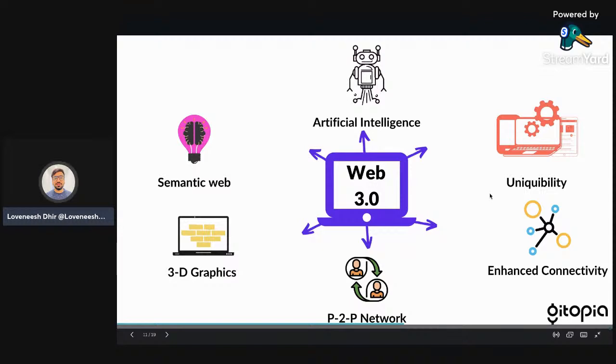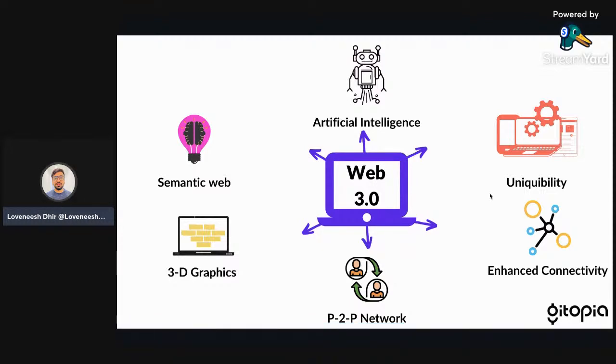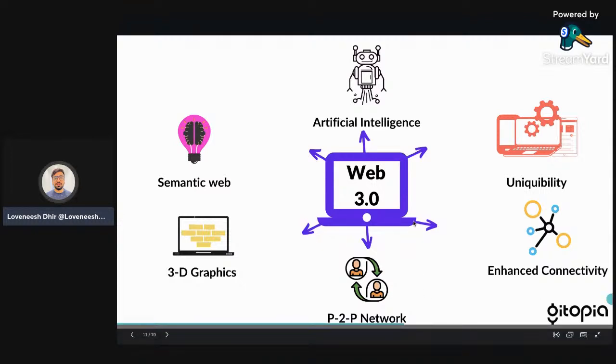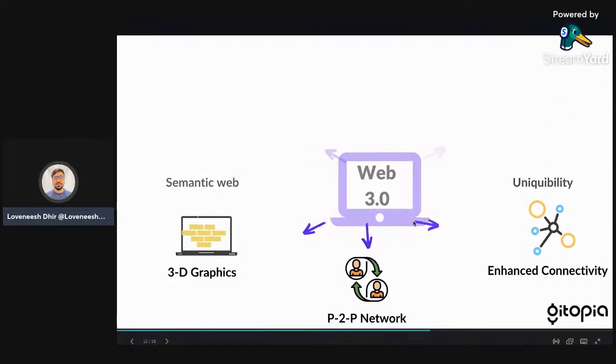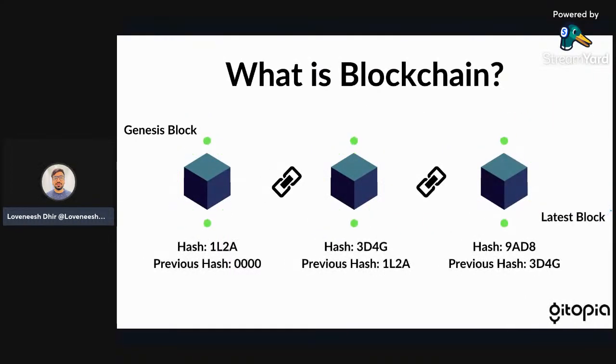So in the end, we can say that Web3 is an internet which is owned by the builders and its users itself. Okay. So this was a quick recap of what particularly Web3 is, and now we'll move forward to what is blockchain. So basically, we have discussed that Web3 is built over blockchain. But what particularly blockchain is?